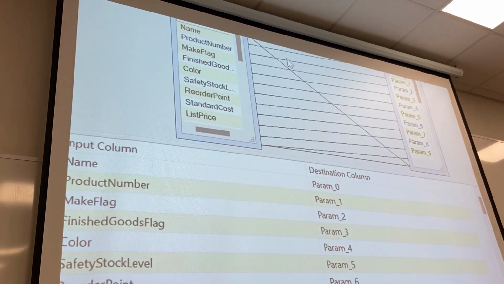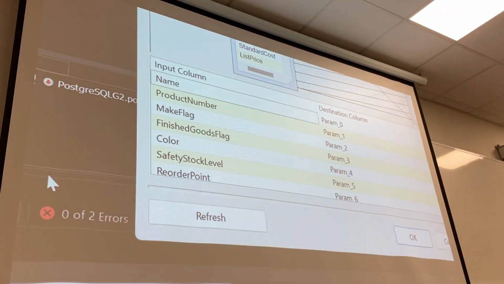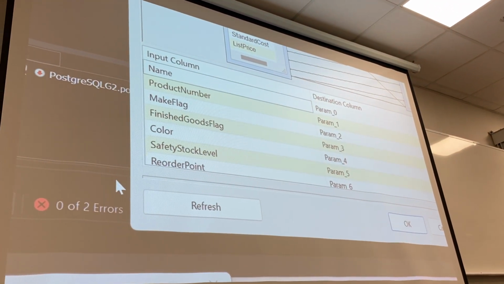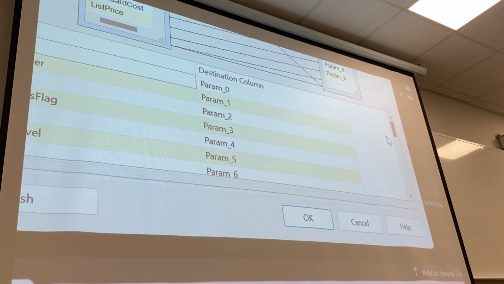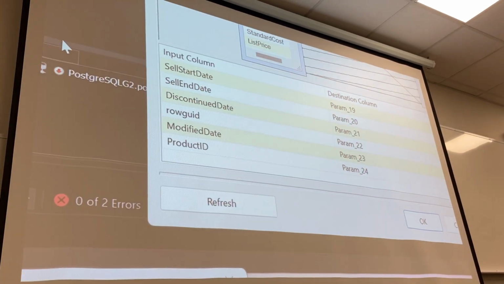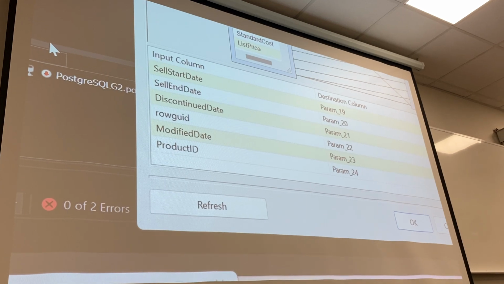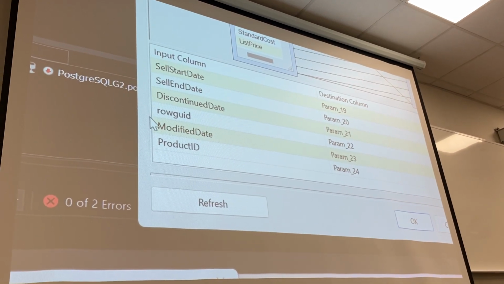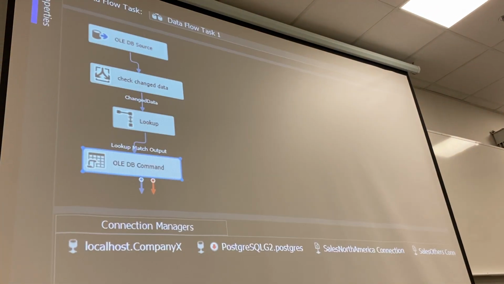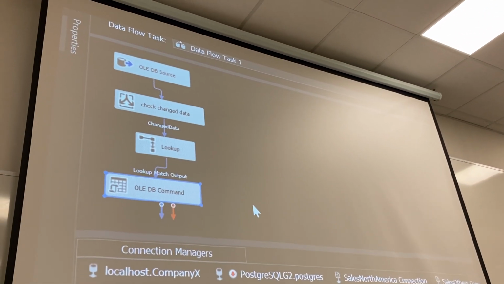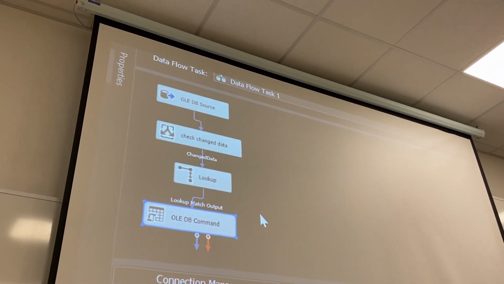So we click OK. Why do we map column ID? Well, we scroll down to the bottom. This one. The last one, we have the where clause, very close with the last parameter, product ID. Makes sense. Okay, so now we're done with the update. And the next will be the insert. And to insert